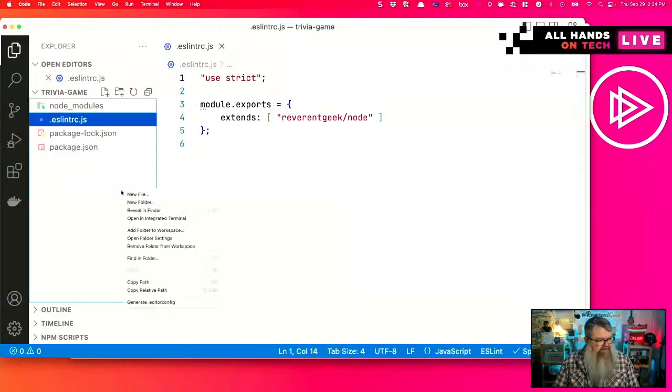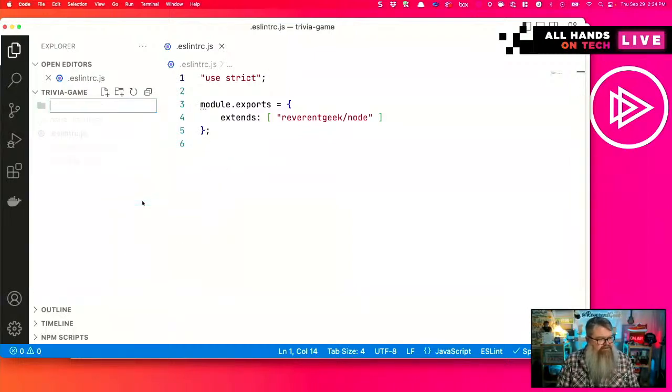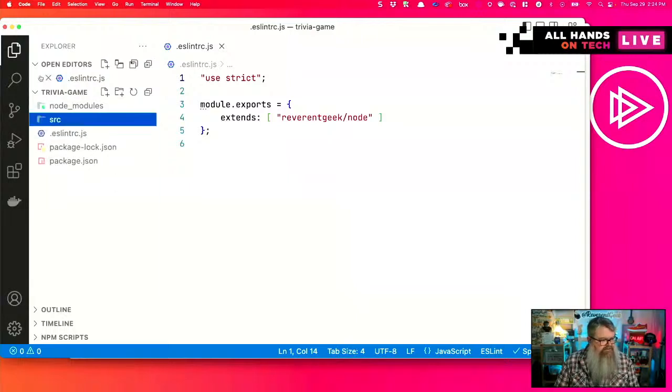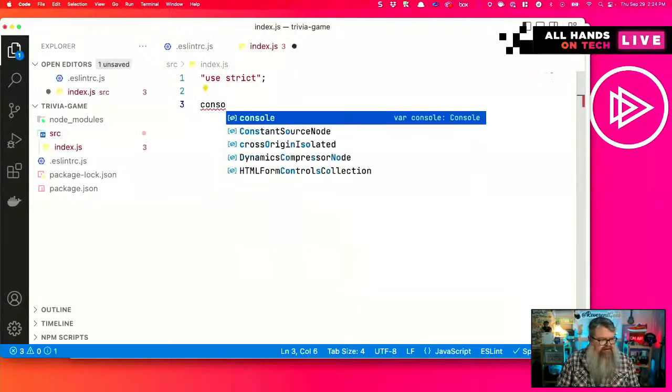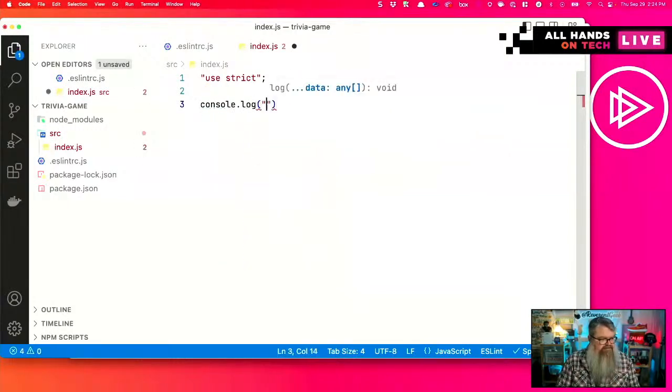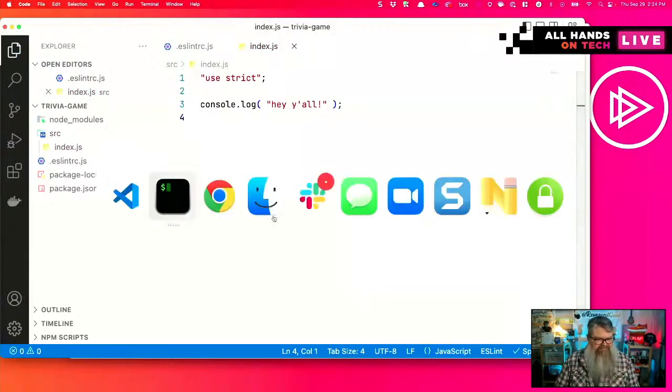All right. I'm going to create a new folder called source and create a file in here called index.js. Put use strict at the top. And let's console log, hey y'all.